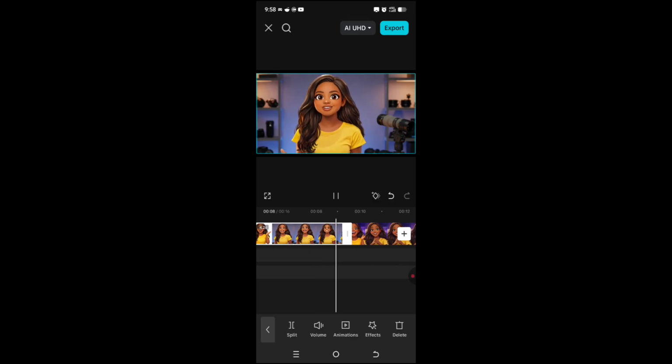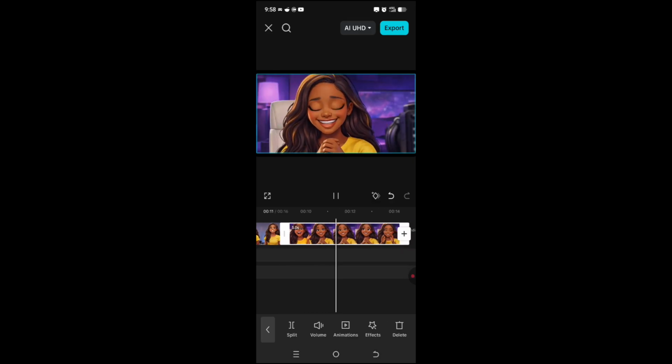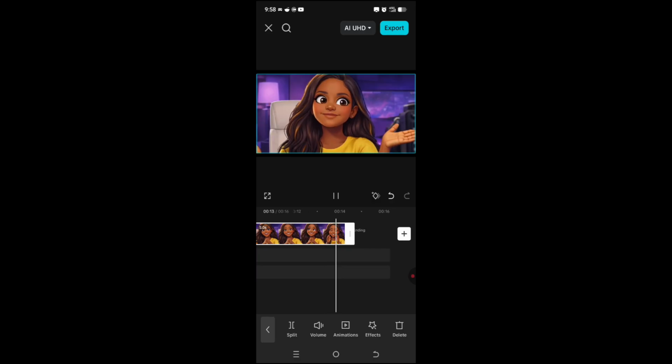Quality images and even generate videos. I've tested a lot of AI tools, and I can confidently tell you this one is